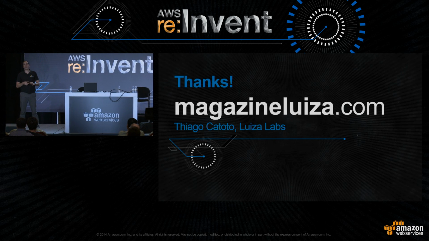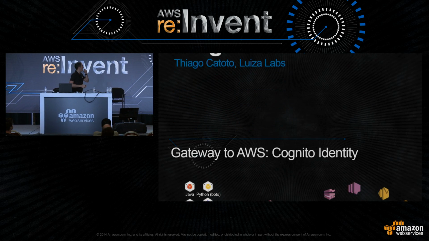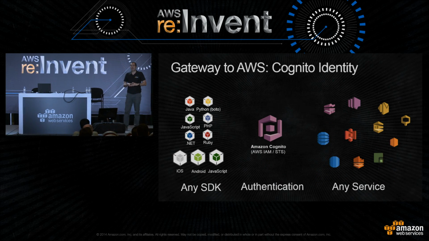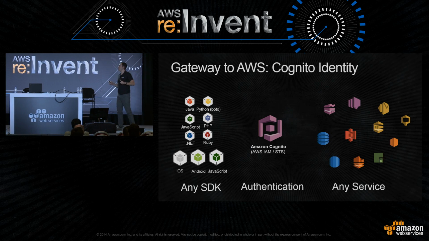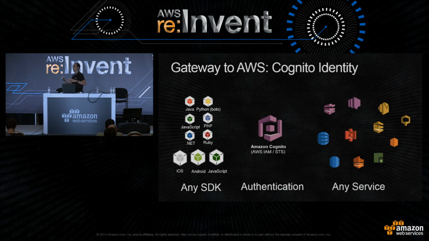Okay, so now with this story in mind and with the couple of examples that I presented earlier, I wanted to share with you a couple of best practices that I gathered from other customers doing similar applications, doing second screen applications. The first one, as Thiago mentioned, is the use of Cognito. This is really interesting because Cognito has two features. The first one is obviously to authenticate your users. If you have the need in your application to screen your users and to identify them uniquely, which in most cases you want to do, at least for ads or for user tracking.